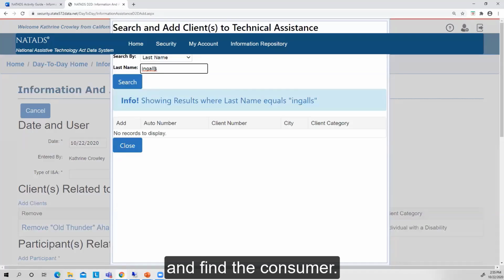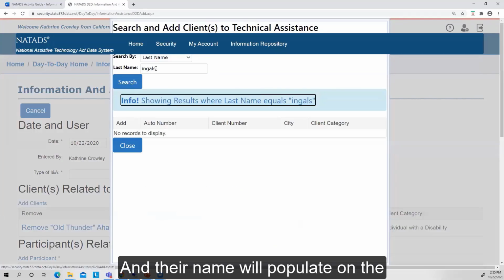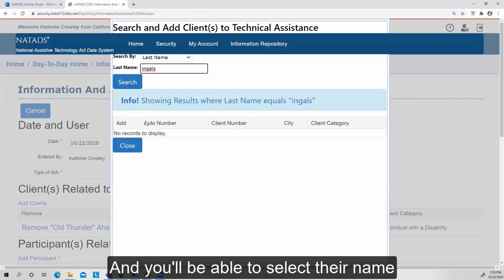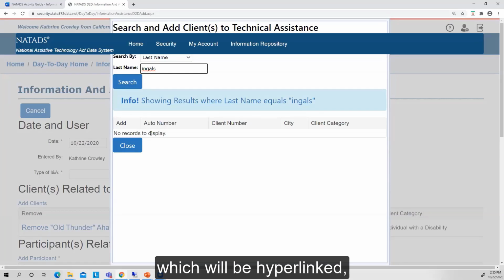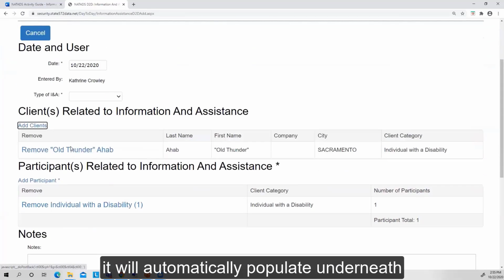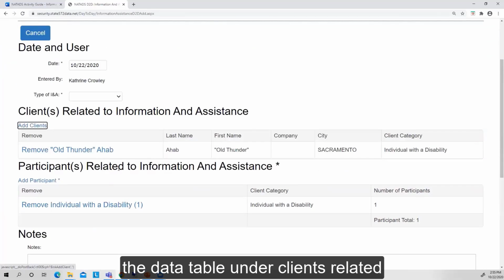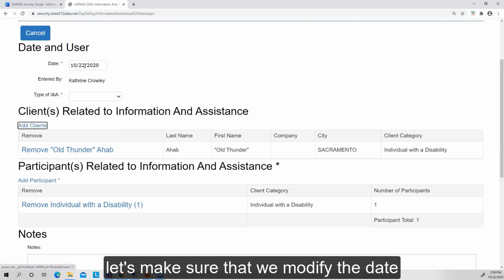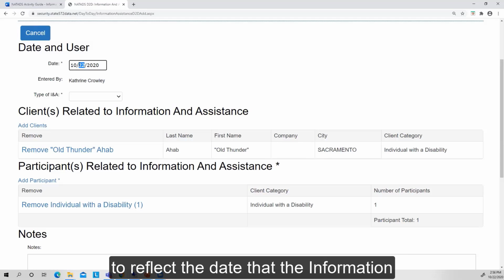Well, you can search by last name and find the consumer, and their name will populate on the data table, the record table here, and you'll be able to select their name, which will be hyperlinked. And when you click on it, it will automatically populate underneath the data table under clients related to information and assistance.